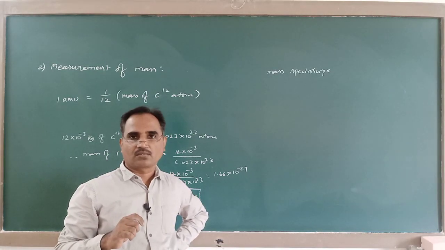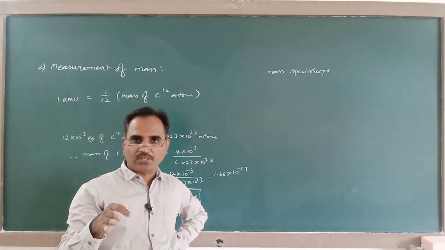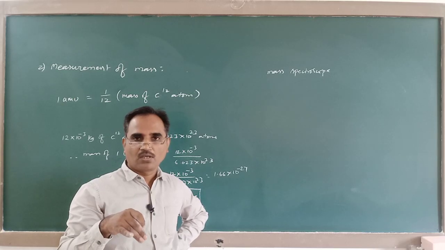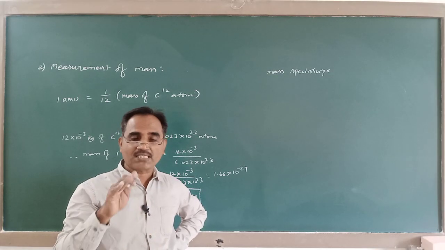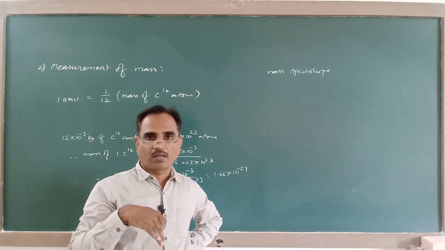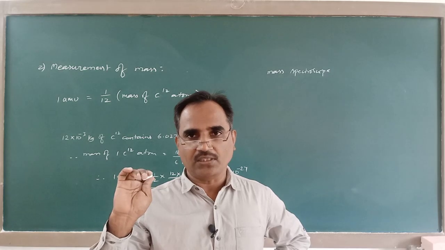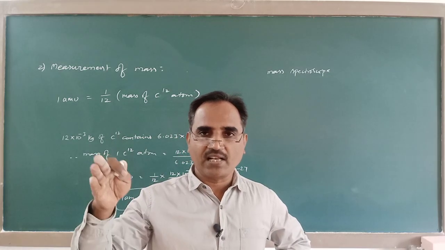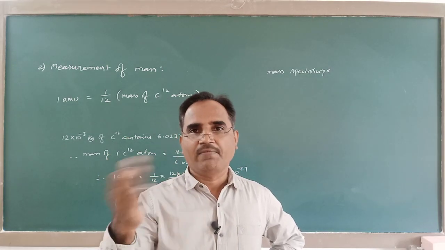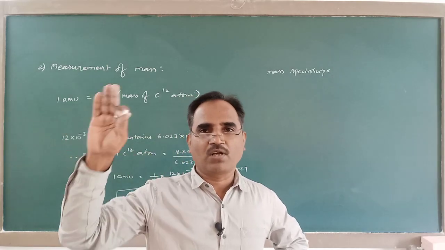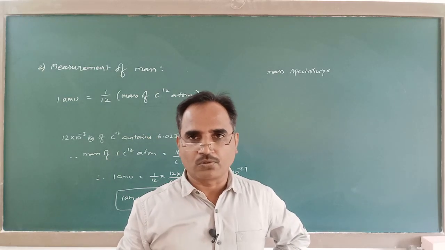Next, large masses, large amounts of mass. The conventional large amount of mass will generally be expressed in terms of tons. Still, celestial masses are expressed in terms of the mass of the sun. Understand? The mass of the sun is nearly 10 to the power of 30 kg. The mass of other celestial bodies will always be compared with the mass of the sun, and they will be expressed as 1.4 times, 1.6 times, 3 times, 4 times the mass of the sun, like that. Extremely large masses are expressed so.